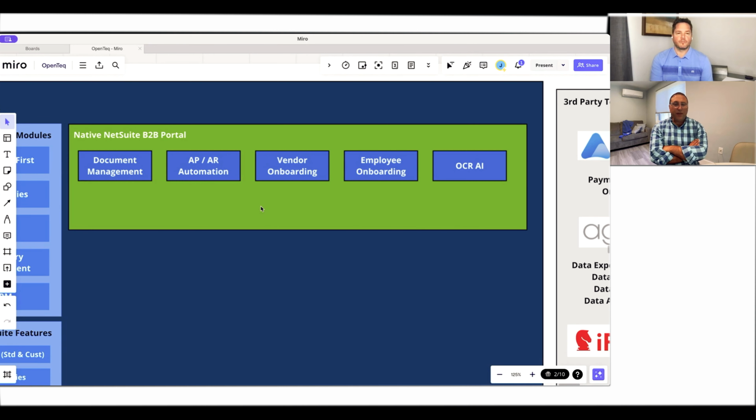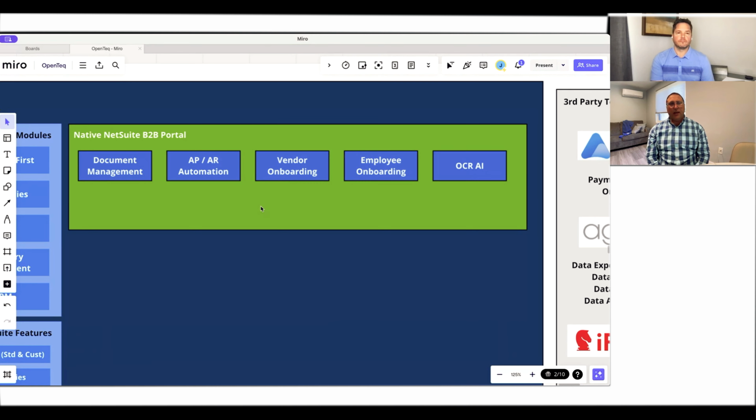Because a lot of what's in these five boxes up here, from document management to the OCR AI, usually these are bolt-ons. These are third-party plugins that would be added to an existing ERP deployment. But the key factor there is that they're add-ons. It's not native functionality. And what's exciting about our industry activation here is that, with NetSuite, we can get these natively